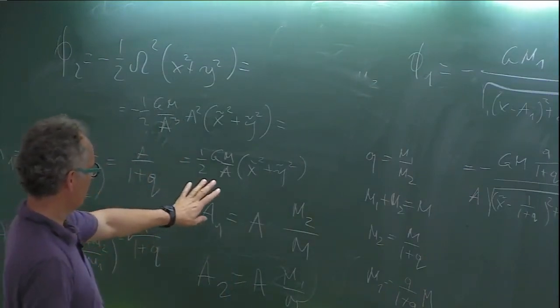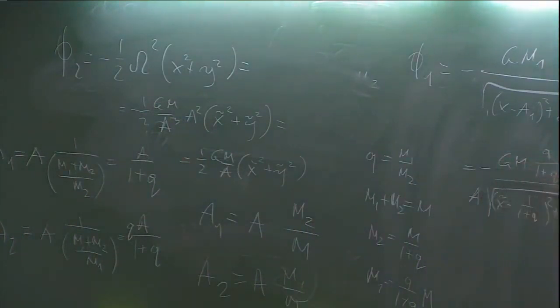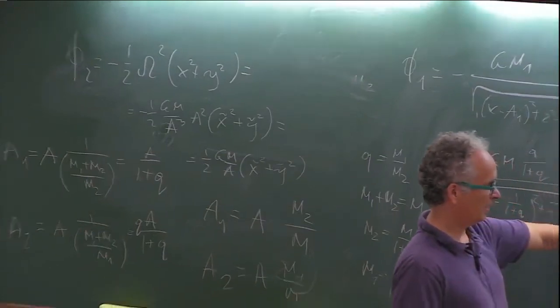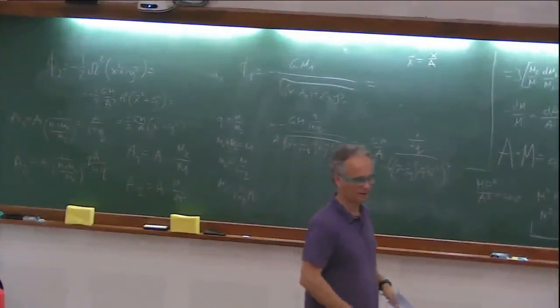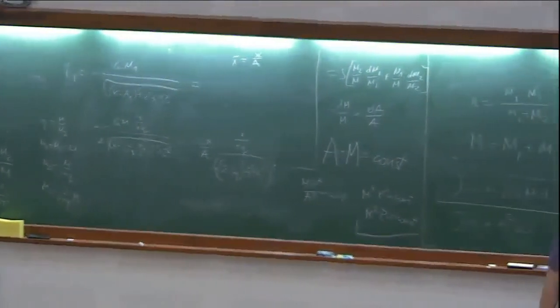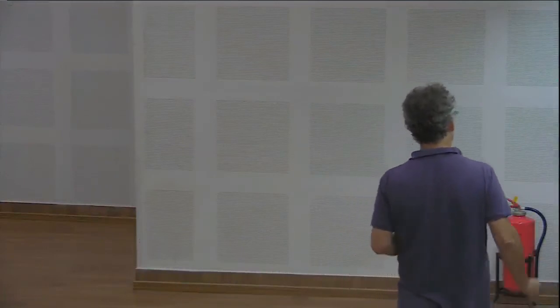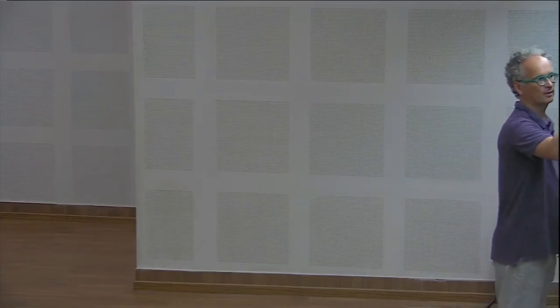So each part of the potential can be expressed as a constant, GM over a, times a function of q and all the distances that are in the units of the semi-major axis. Yeah? So from that, you can infer that the Roche lobe radius in these units will be